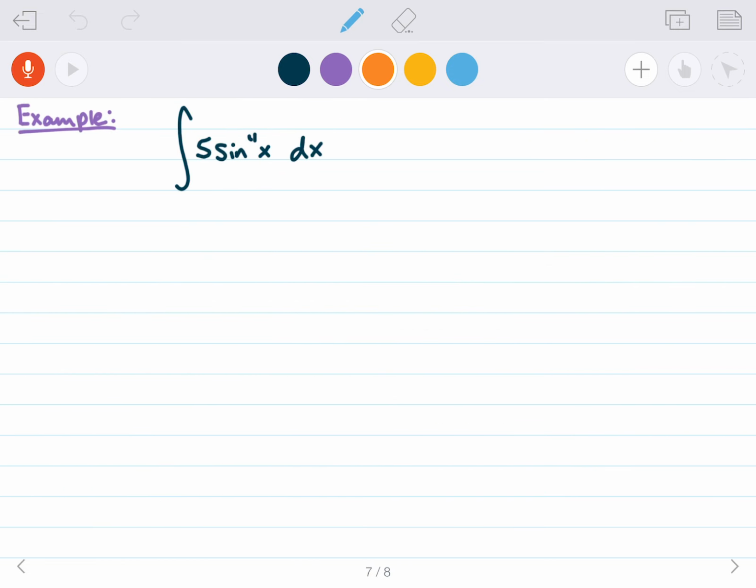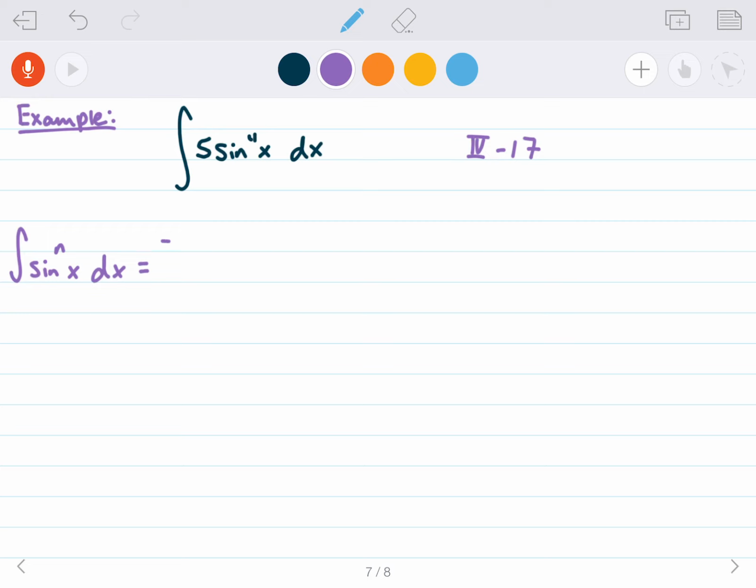All right, we have 5 sine to the 4th of x, and the first thing we want to ask ourselves is which of these should we use? Well, looking at the table of integrals, it looks like we need to use numeral 4-17. And what that tells us is sine to some power of x dx